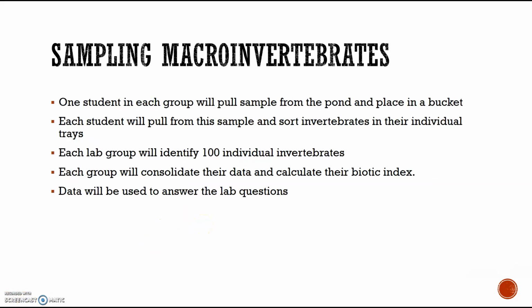One student in each group is going to pull a sample from the pond. We're going to put it in a bucket, and then each student is going to pull from this sample and sort the invertebrates in their individual trays. Each group is going to identify 100 individual invertebrates, and then each group is going to consolidate their data and calculate their biotic index. Then you're going to use that data to answer the lab